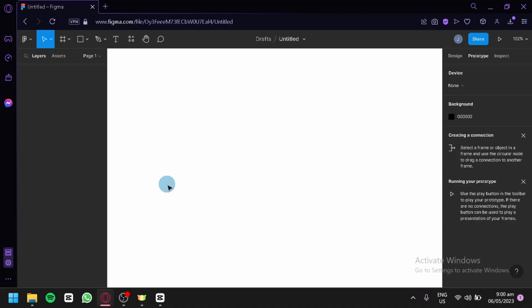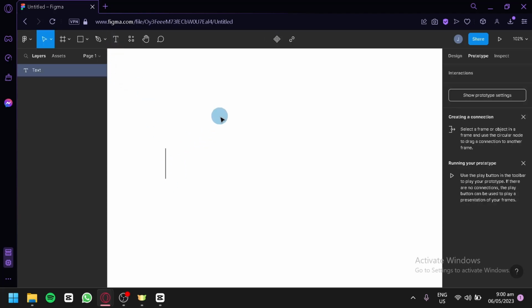For today's video, we will be talking about this platform called Figma. So let's get started. The first thing you're going to do is of course add a text by doing this. Then type in the message that you would like to present, then just like that. And what you're going to do to add a font for the specific text is you're going to click on